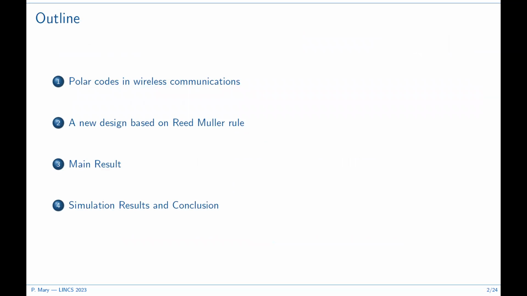Okay, so here is the outline of the presentation. I will start with a gentle introduction to polar coding, stating the basic principle of the encoding and decoding process. Then I will do a little review of the state of the art on the works that have improved the performance of this kind of code in a finite block length regime. Then I will go through a proposal that we made on a precoding scheme based on Reed-Muller coding. Then I will present the main results and the supporting simulations that go with the proposal.